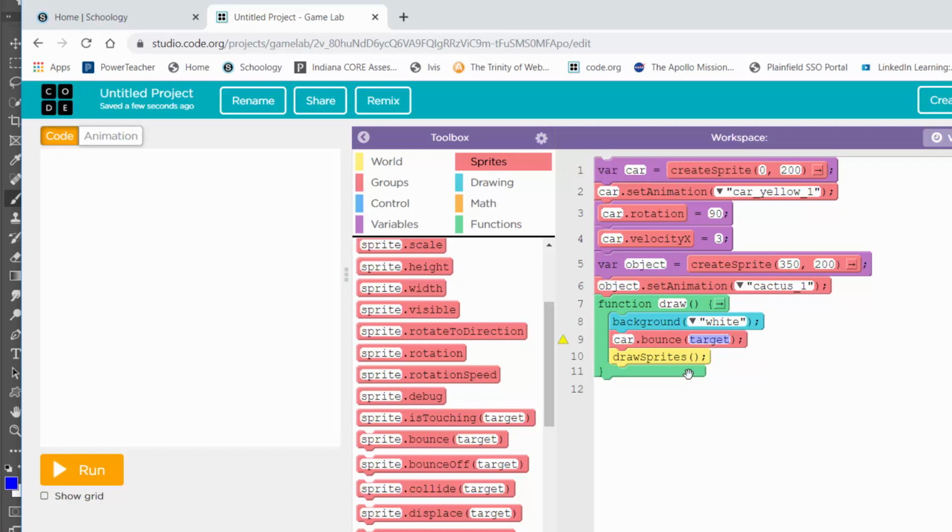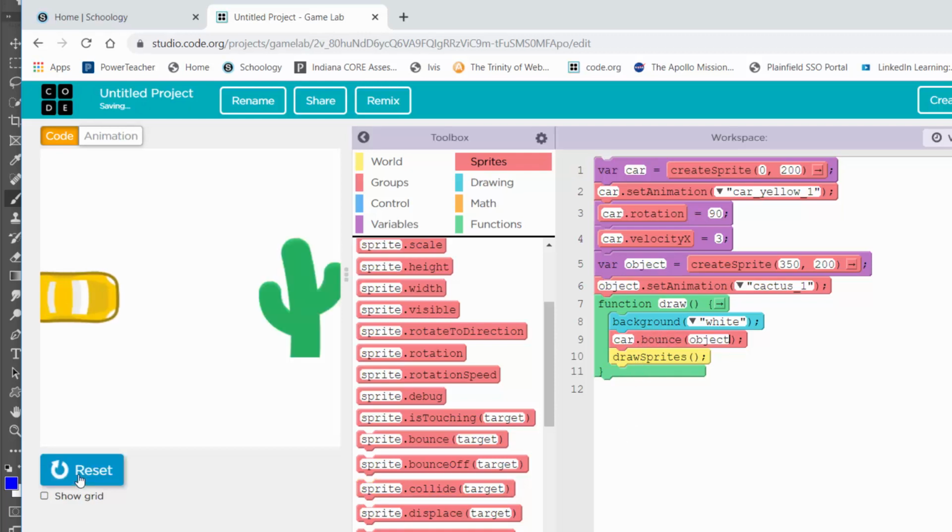And I'm going to say car bounce object. And that sets up a relationship between those two. If they happen to collide, this is what's going to happen. Now, what we're going to do is find out, well, what does that look like? What does that actually mean? So when I run that program,